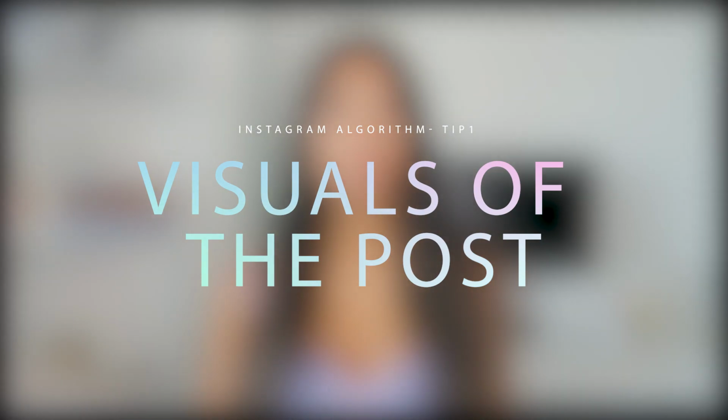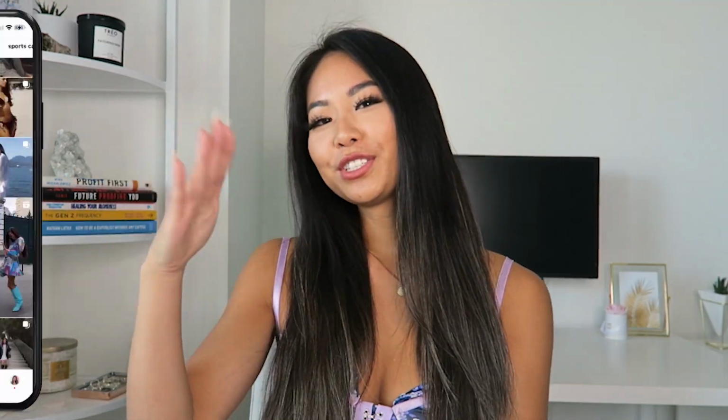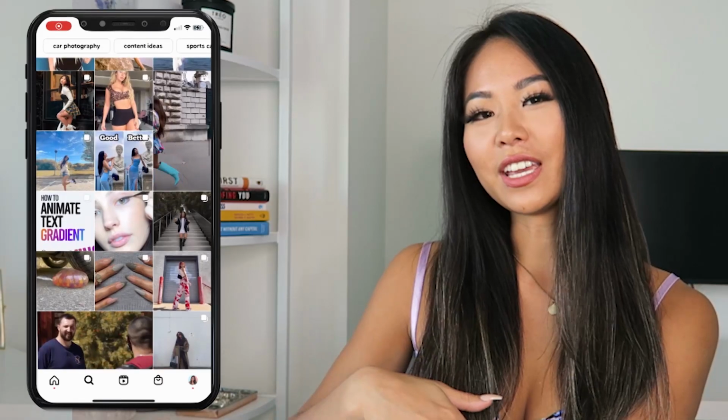The first thing that the Instagram algorithm takes into account is the visuals of the post. The Instagram algorithm analyzes whole frames and pixels of all photos, videos, and reels on Instagram. That's why when a random guy asks for your Instagram and you type in your username, you notice a certain type of female on his feed,